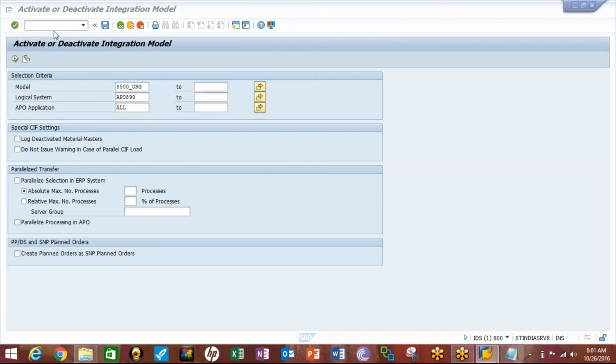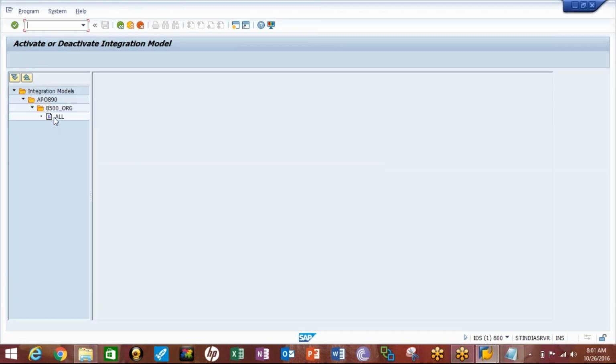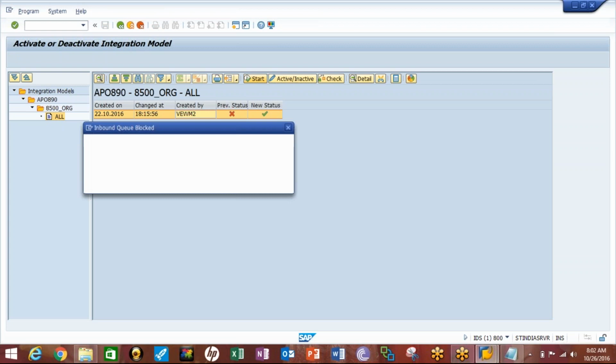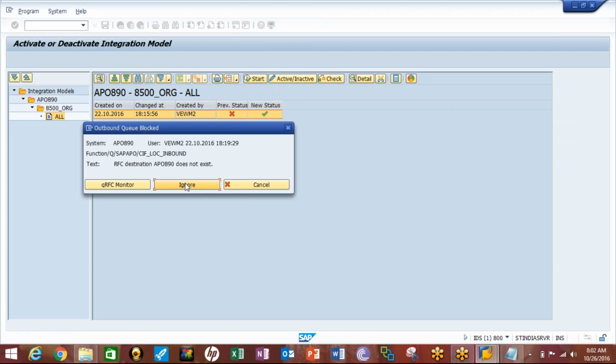This is the integration CFM2. So this is the error which I'm getting. Just say ignore. After this, then it would be RFC. Yeah. Okay. It says it does not exist.